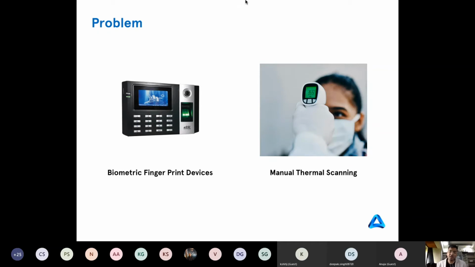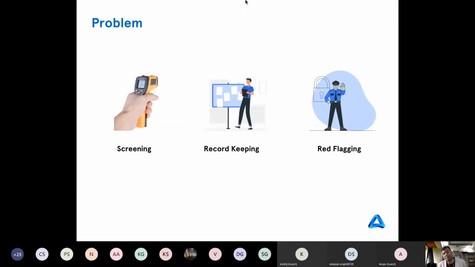Second, you have people, security guards or other people at every place where they are monitoring the temperature of the person using the thermal gun. Now, recording this temperature basically involves a person, then you have to keep a record and you need to stop. So there's a human involvement, then there's also a risk that that person himself or herself would get COVID-19. And there's also a recurring cost involved with that person as well.